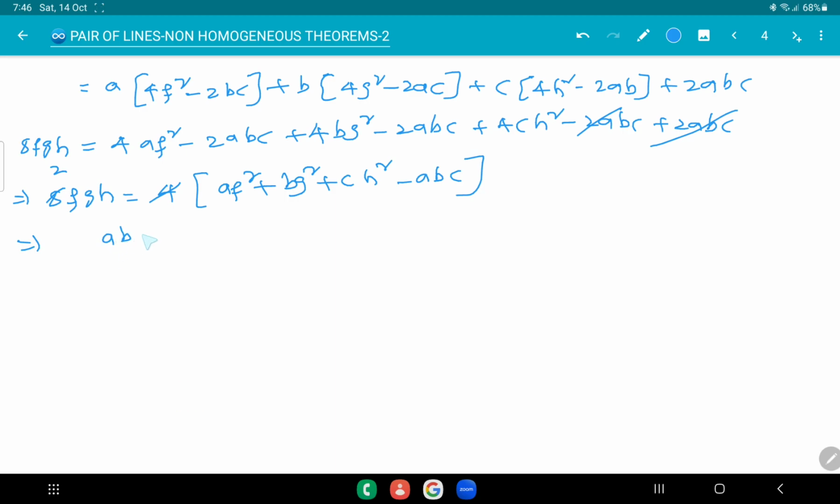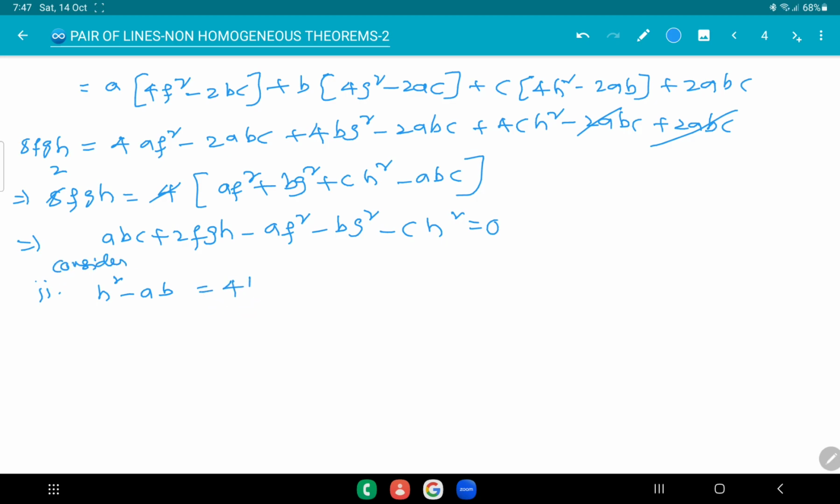On the left hand side, abc plus 2fgh minus af square minus bg square minus ch square is equal to 0. This completes the first step. Second step is easy. What we need to show is that h square is greater than ab. For that, consider